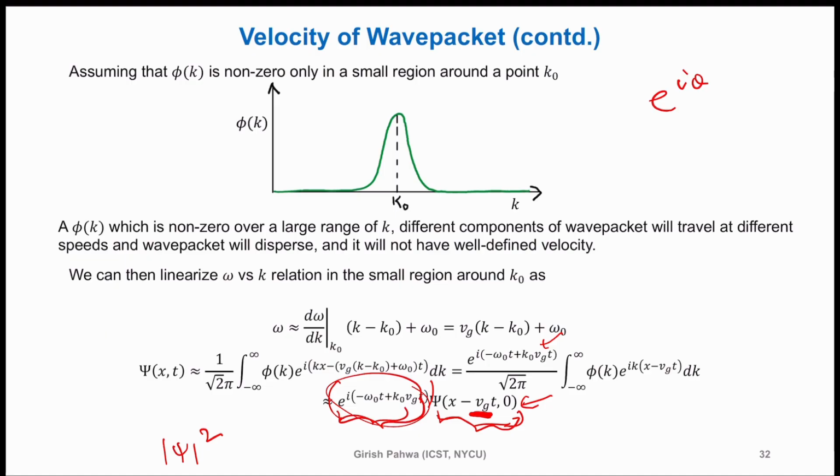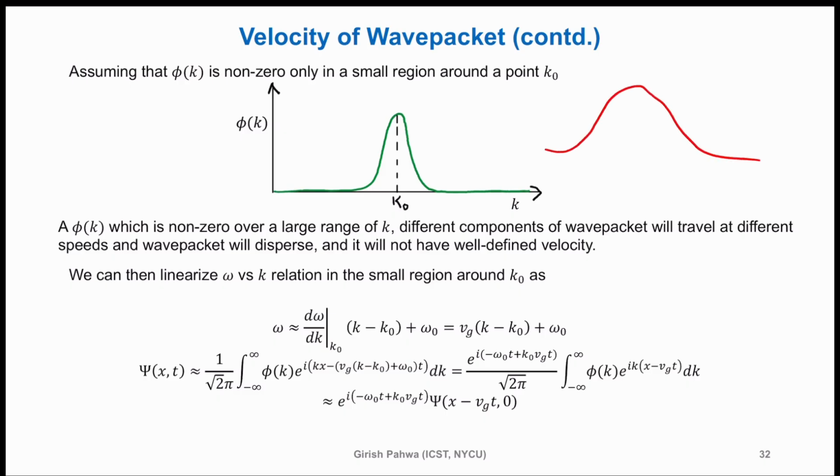Vg is called group velocity. Why the name group velocity? Can you tell me the reason? Because you don't have one wave, you have a group of waves which are kind of moving together. They are just holding on to each other, right? They still have different velocity, but you still see some kind of a shape and it's moving together. So it's like you have this thing,